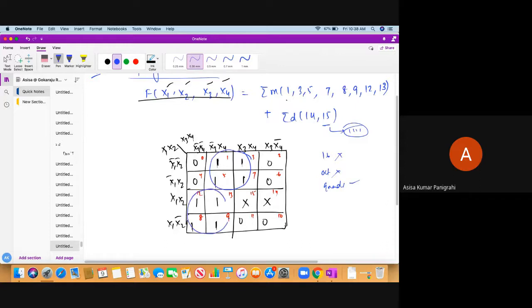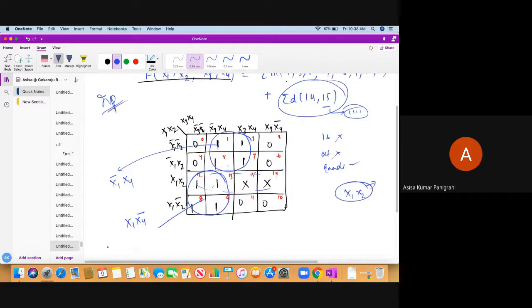We can combine it like this. If you combine it the other way, it will give an extra literal, x1 x2, which is called a redundant term and needs to be avoided. This is very important. That's why this question was set to confuse you by giving the don't cares. So you have to combine it; these are the only two combinations. What is common here? The common over here is x1 bar and x4. Here the common is x1 and x4 bar.